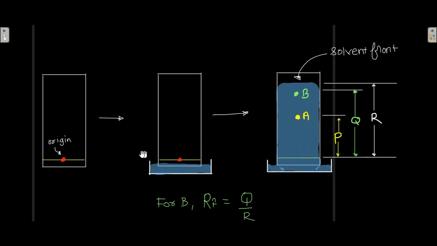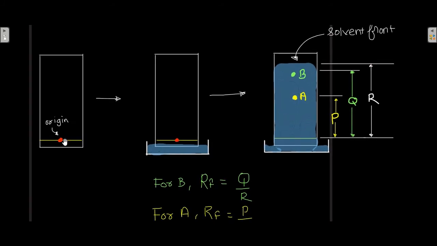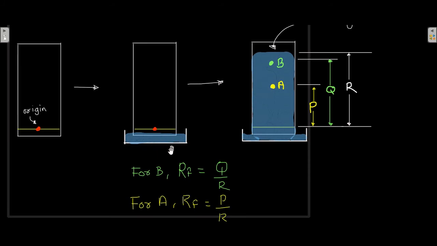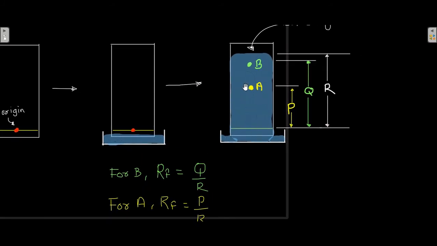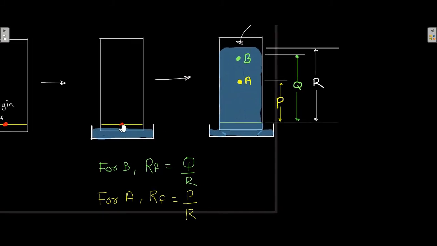So this is how paper chromatography looks. You draw a line, as we all have done in the lab, and you put a mixture of substances that you have to separate. Then you dip the end of that paper into a solvent mixture, and the solvent flows through the paper. The substance you placed here migrates with the mobile phase and gets separated into A and B.